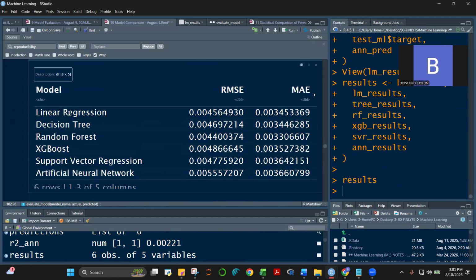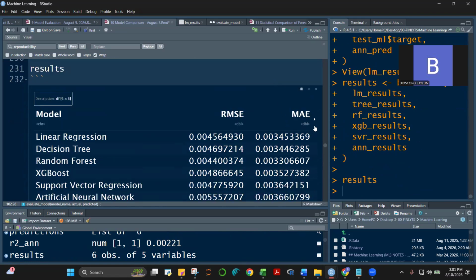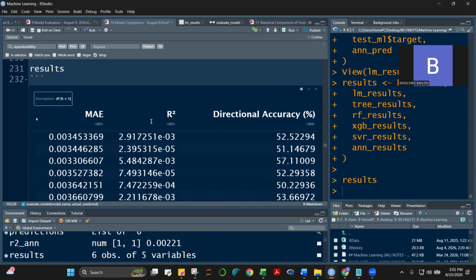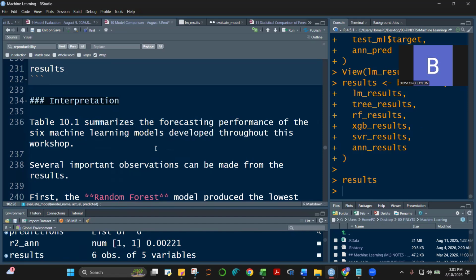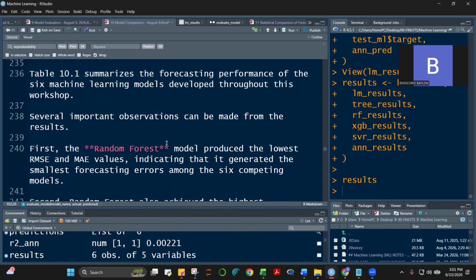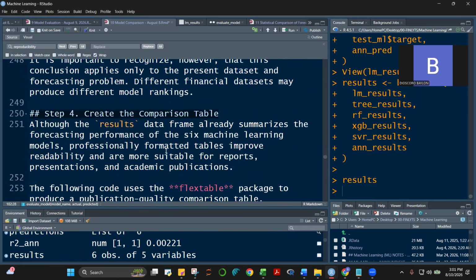Yung first column natin yung model, second column yung RMSE, third yung MAE, tapos yung R-squared, tapos yung directional accuracy. Okay? Andyan lahat class ng models, tapos yung mga computation ng mga metrics natin.